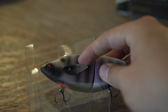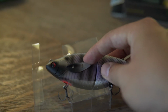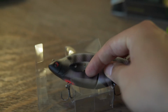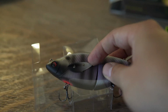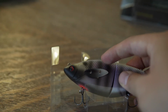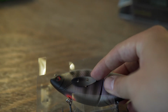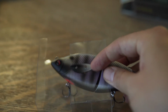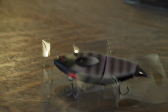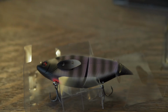adjustable. You could be throwing it and you could be like, it's not going deep enough, and without having to add weights or anything like that, you can just flick the system down so that it can stay up shallower, or you can be like, I feel like the fish are kind of towards the middle, right underneath the surface, and kind of leave it in the middle. Or you can say like, they're going after swim baits, they're going after bluegill profiled baits, but they're just deeper, and then you flick it to the highest point, so as the water comes through, it kind of makes it dive down. And so it's really cool that you can do kind of like an all-in-one situation without having to